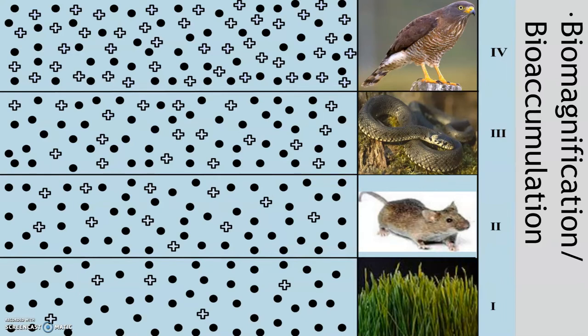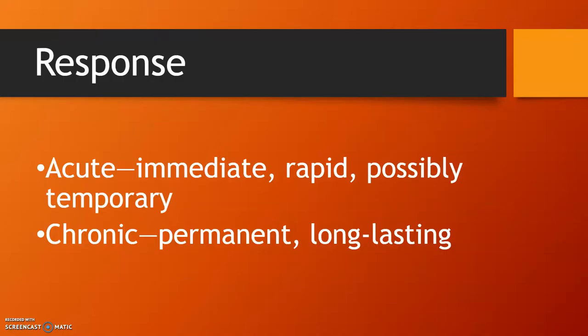We've already talked about biomagnification and bioaccumulation, so we can see how things can magnify up through the food chain rather dramatically. And then we have different kinds of responses. So an acute response to something is an immediate, rapid, or possibly temporary response, which is different from a chronic response, which is permanent or long-lasting. A lot of times we use chronic pain, permanent or long-lasting pain, as opposed to an acute injury. So you can have an acute back injury where you hurt your back and it's going to get better in a day or two, and you can have chronic back pain, which is going to last for a long